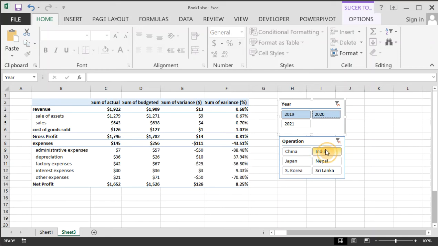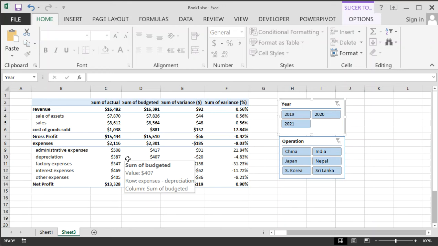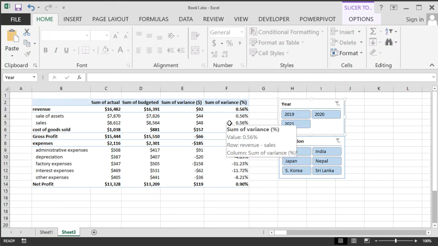You can change it, you can select it, and you can do the operation. So this will be the data of the overall company. So you can see the variance over here, and we can even add